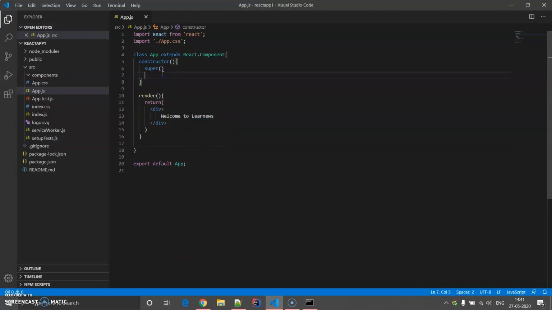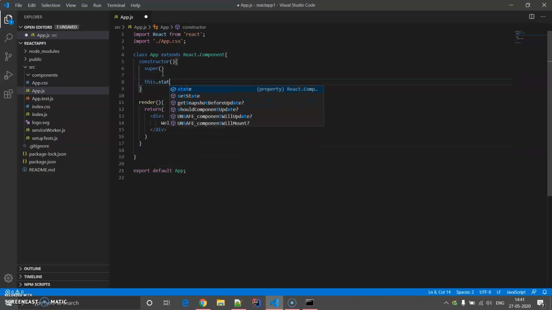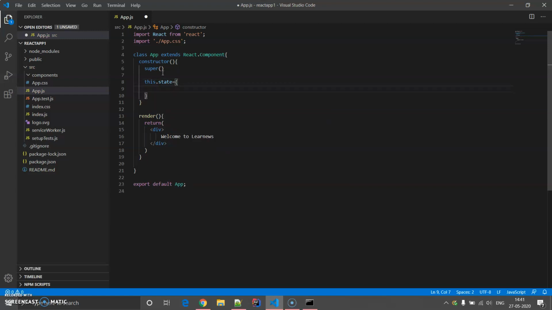Let's come quickly over here. this.state, this is how we are going to declare a state variable. this.state isLoading true. So keeping this flag as true, isLoading. Let's check the indentation, and on the basis of this we are going to display something over here.